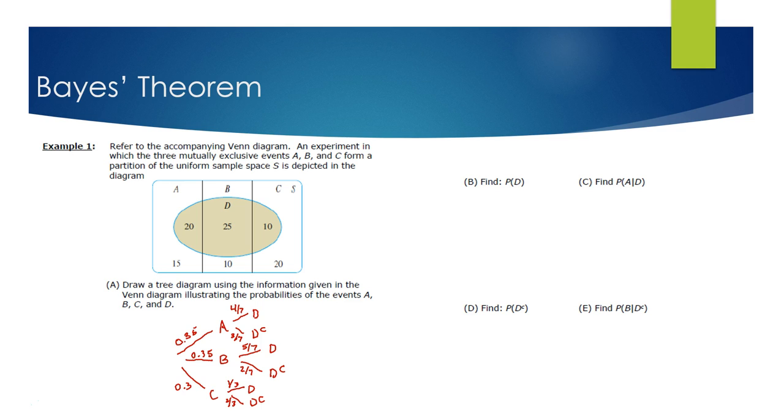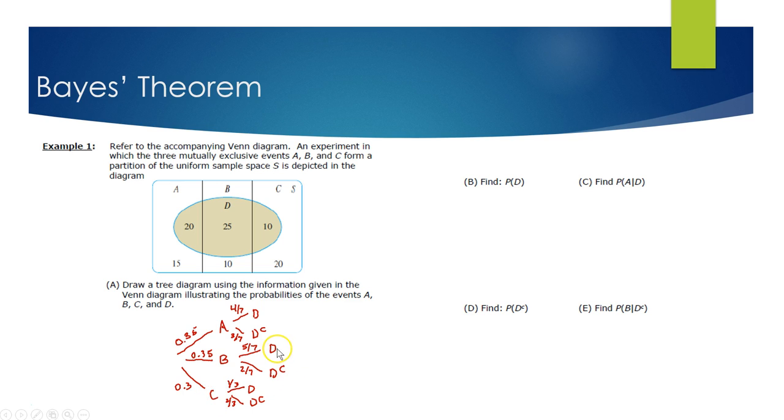Same thing with B. B, I have now 25 in Group D, 10 that are not, so that's 5/7 to 2/7. And for C, I have 10 out of the 30, so it's 1/3 and 2/3 for D and the complement of D, respectively. I always say respectfully. So, when they ask you the question, what's the probability of D? And if I had a tree diagram, I'd have to do the probability of D given that C occurred, which